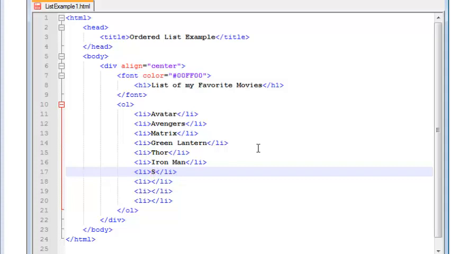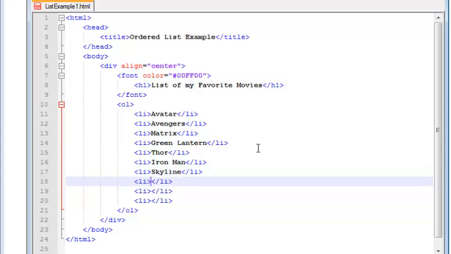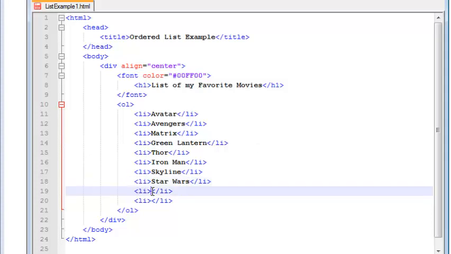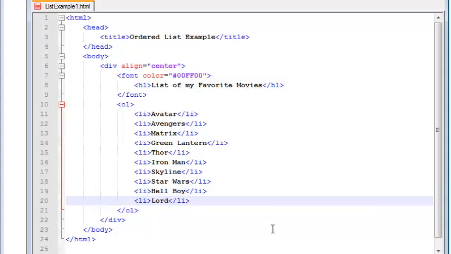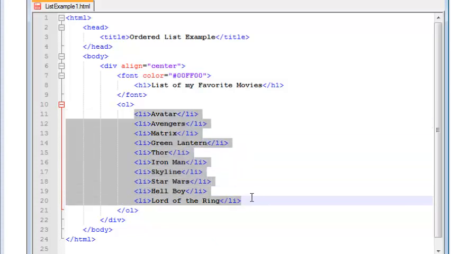Okay. It's called Skyline. Skyline. That's a cool movie. Okay, we have Star Wars. Okay. Hellboy and Lord of the Ring. Okay, so it's not that this is my top 10 movies, but these are the ones I can remember for